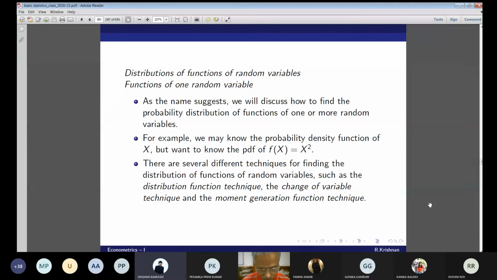Sir, is this where we take log x instead of x and then try to re-estimate beta? That is a simpler thing. Now that you asked me this point, there also the Jacobian definitely comes, because x is a random variable. Now I'm defining another random variable y is equal to log x. You are correct. Later on we are going to see what is called the likelihood or maximum likelihood.